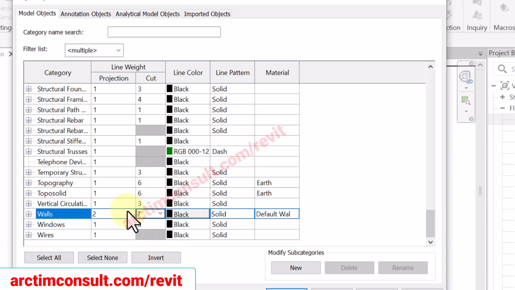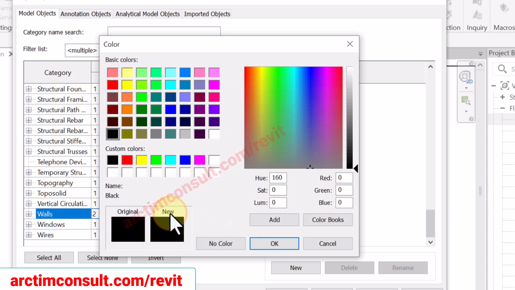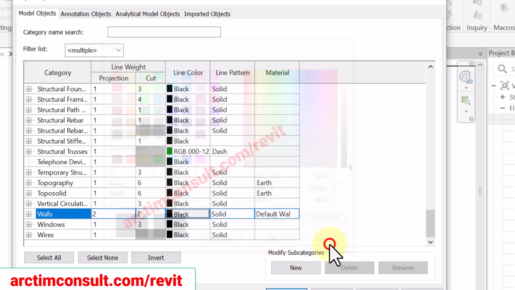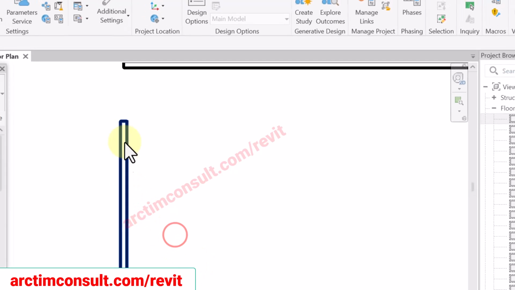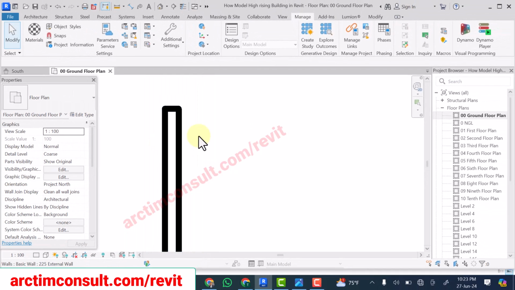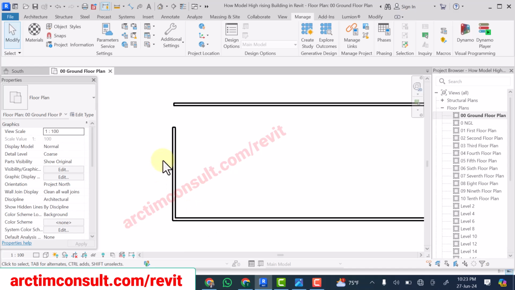For those of us that have used pen before, you know that pen 7 is thicker than pen 3. So this is what I am cool with. And of course the color is black. If you want to change it from black, you can change the color here, but I want to leave it in black. So I hit apply,